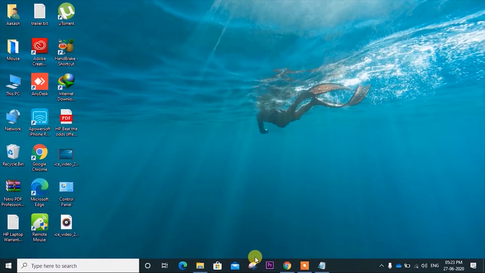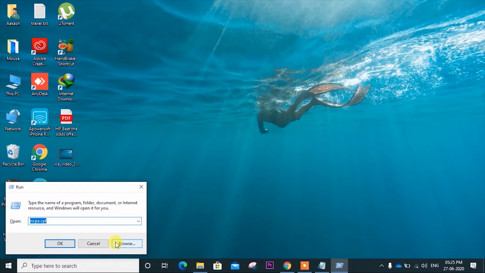When the temporary file folder gets larger, it can slow down your PC. So let's clear the temporary files. Just press the Windows and R keys, then you will get a Run prompt. Type there